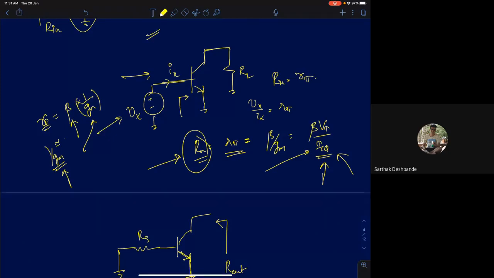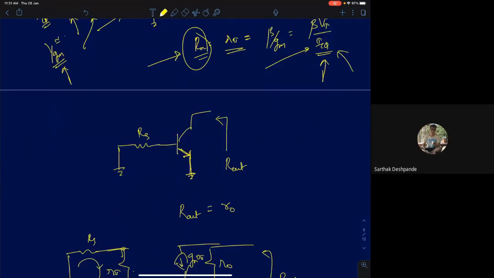The next thing is output resistance. The second thing I told you, when you are measuring output resistance, keep the source resistance intact, have the source resistance in place. That's the more accurate way of measuring low output resistance. Generally, the output resistance should not depend upon input source resistance, but in some configurations, which we will see now, it will have dependence. It won't happen in a common emitter configuration, but in some other configurations, you will see R out depending on source resistance. So how do you measure output resistance?